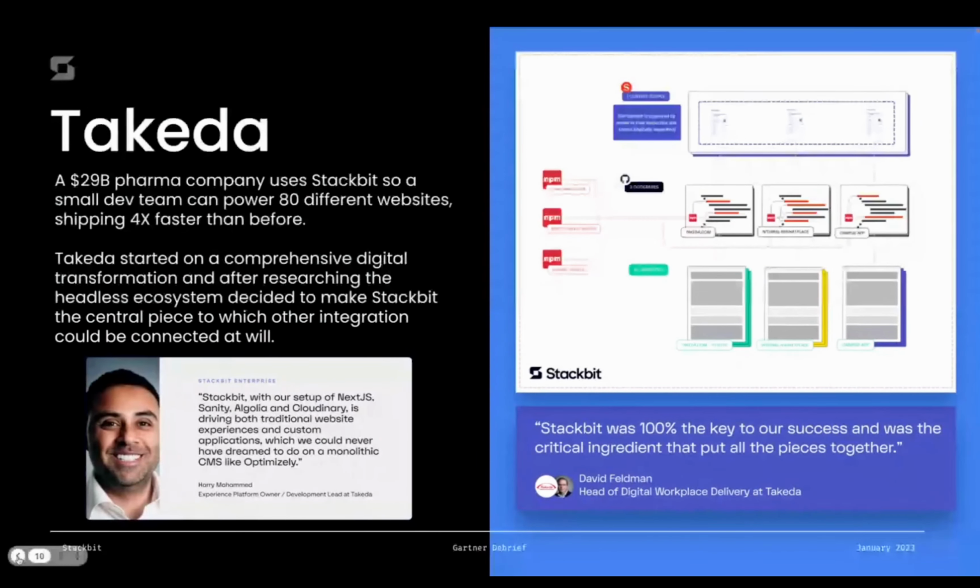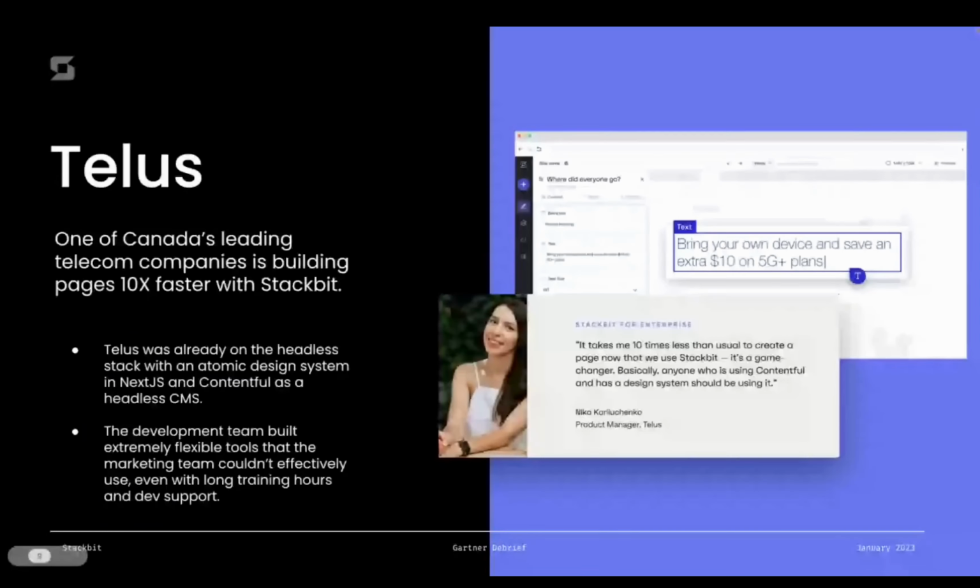So I thought instead of showing a demo and how everything works, it would be interesting to show customer stories. And Telus is one of these customers who started going into the composable world and had a really amazing setup. They've created their own design system that's atomic design, and then started deploying it and getting marketers